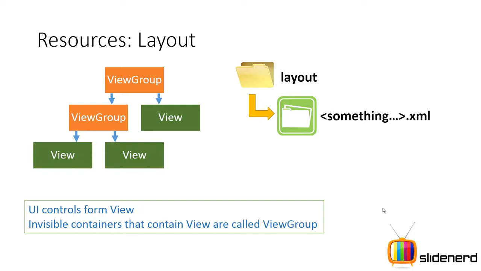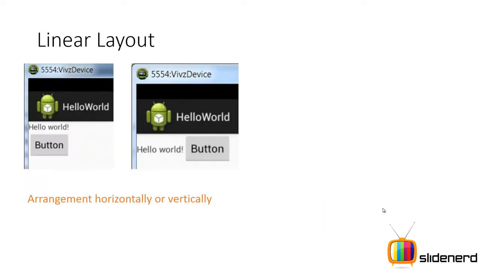Now there are several types of view groups. I'm going to only talk about one of them right now. The simplest view group is called a linear layout. Now if you see this, you can easily figure out that here you have things vertically, here you have things horizontally. Yep, that's all. That's all your linear layout does. Arrange views either vertically or horizontally. So let me go ahead and see exactly what I mean in that.